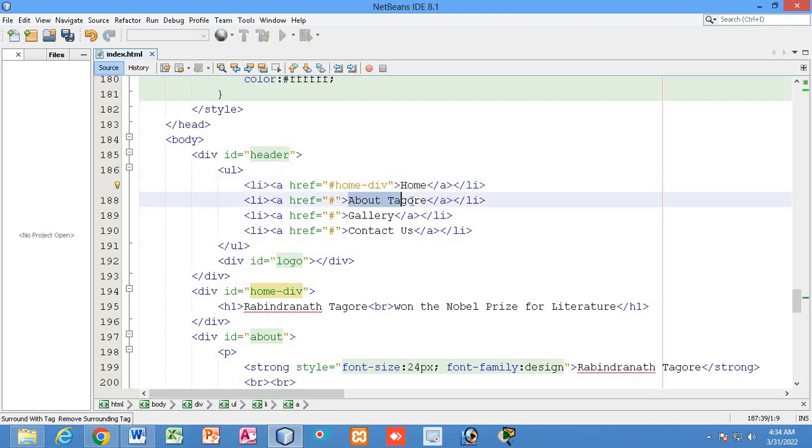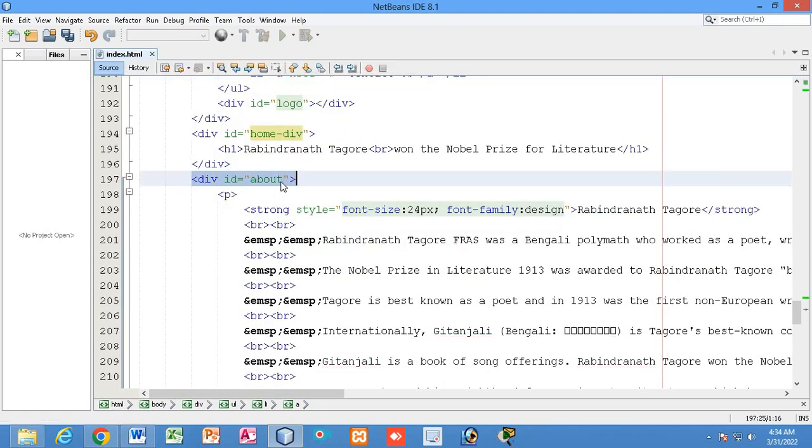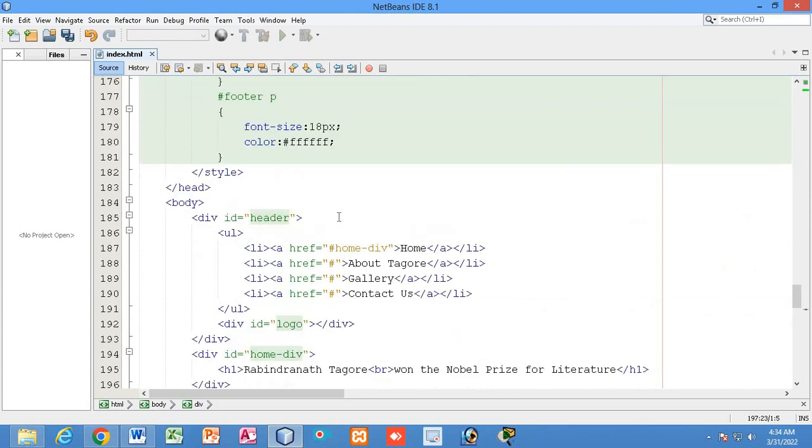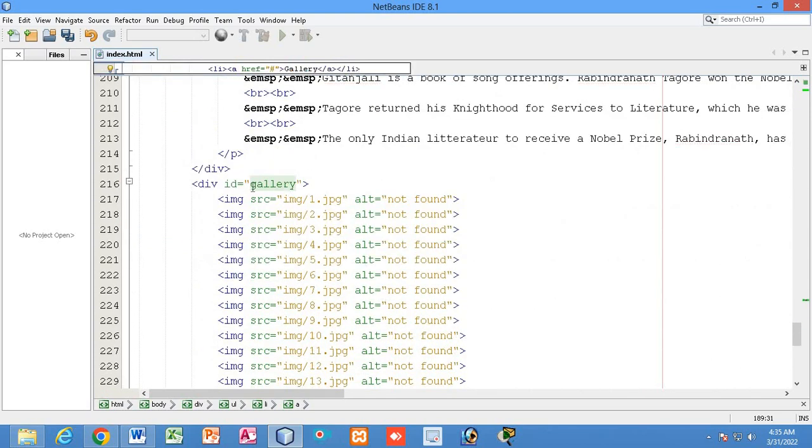Now in the about Tagore, you can see about div I have created. If the user clicks the about menu, then it should navigate to this section. So I will just copy about, okay, and here I'll write it. For the gallery we have created this gallery, right?